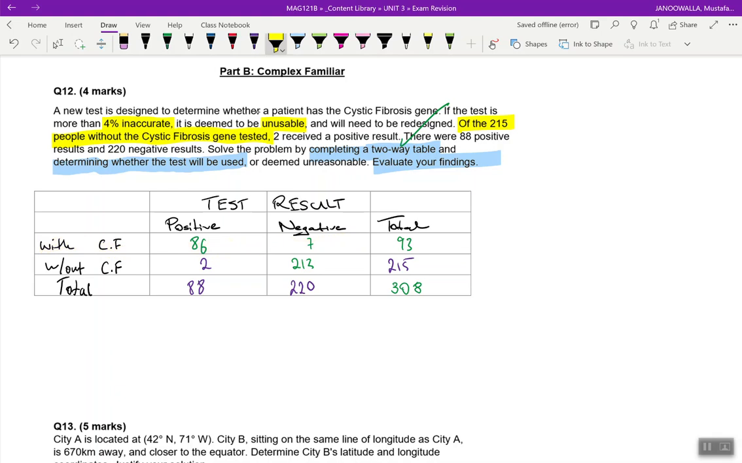that's 7. So that's a false negative. That means you had the gene and you came out negative, so that test didn't work. So that's the inaccuracy part of it. And if you did not have the gene and it comes out positive, that's a false positive, because if you did not have the gene, you should not be getting a positive. So the 7 and 2 are the inaccurate results,